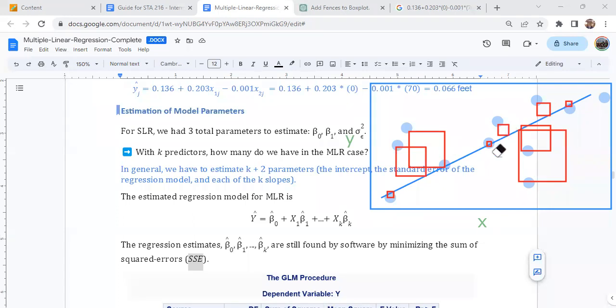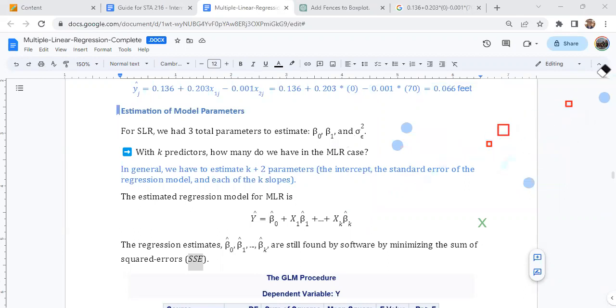For multiple linear regression, it gets more complicated to visualize this because you have more dimensions, you're in a higher dimensional space now, even with just two predictors. You now have this situation where we are